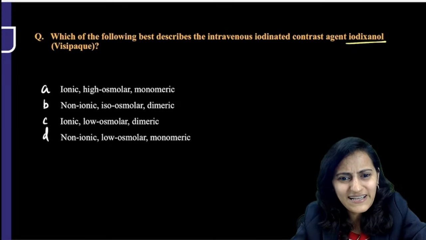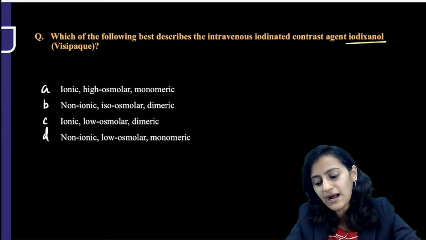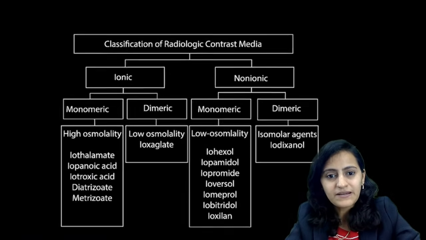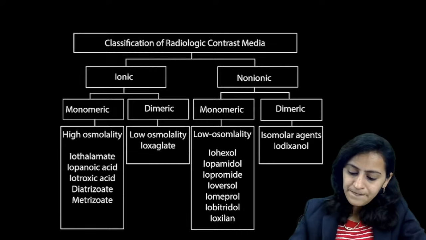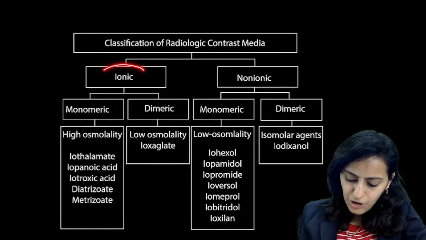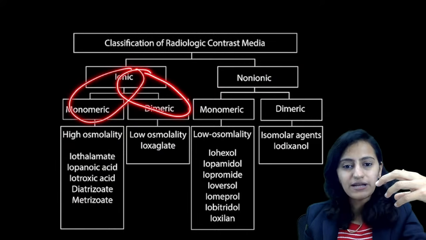Right. So I see some confusion here. Let me tell you some quick tricks on the iodinated contrast media. So classification of the iodinated contrast media: ionic and non-ionic. Even in that, we have ionic monomer, ionic dimer,